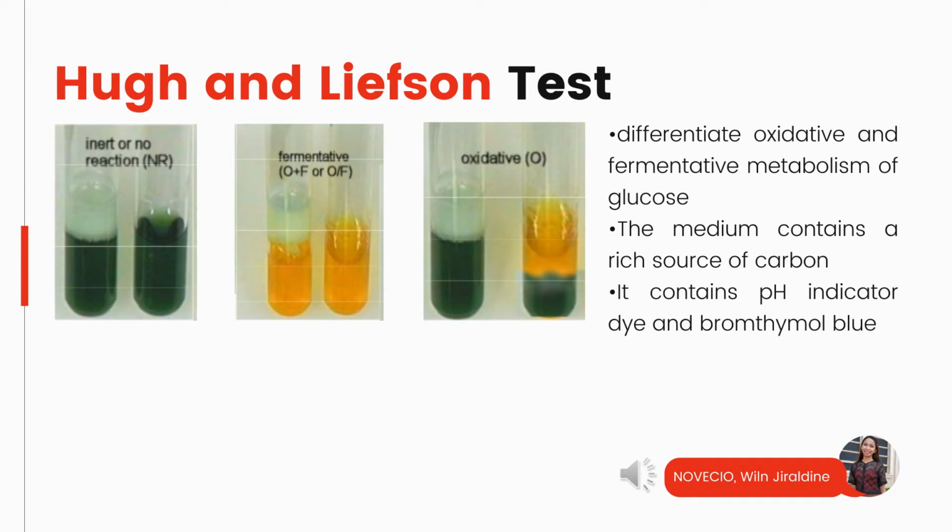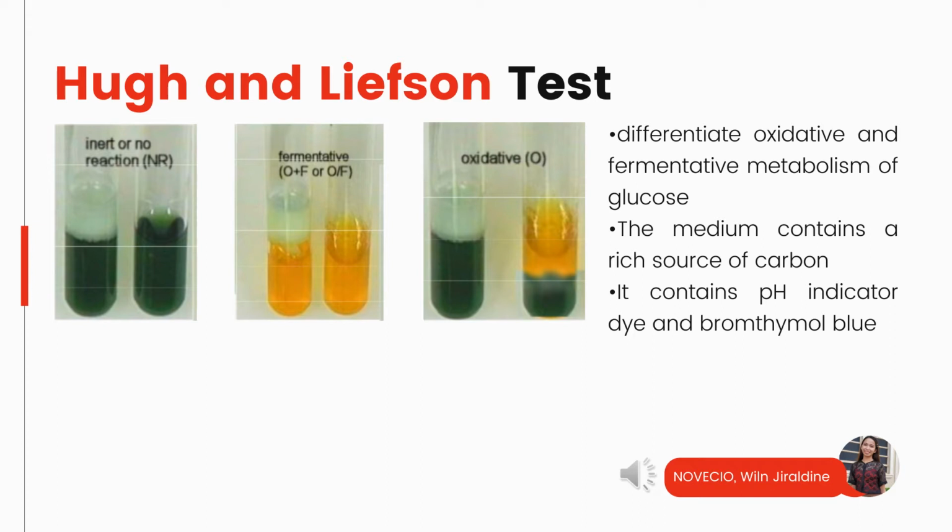Non-fermentative bacteria are routinely tested for their ability to produce acid from six carbohydrates, such as glucose, xylose, mannitol, lactose, sucrose, and maltose. Whether an organism is oxidative or fermentative can be determined by using Hugh and Leifson's medium, commonly called OF medium, which contains tryptone and bromothymol blue as an indicator.